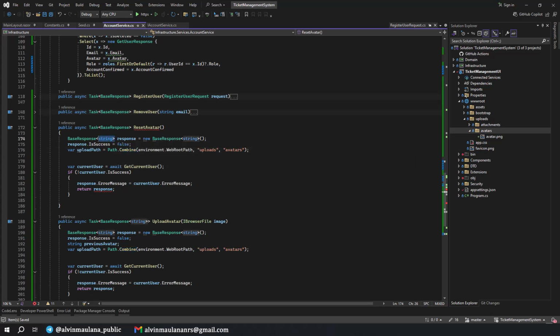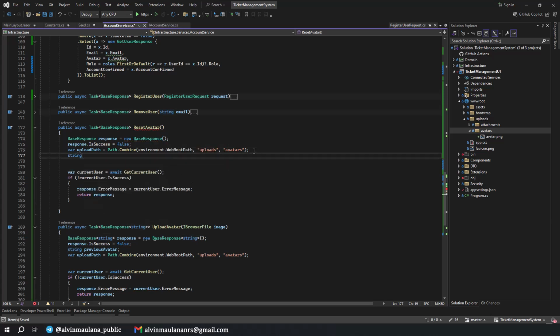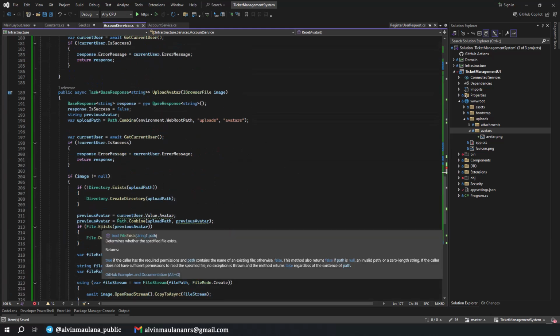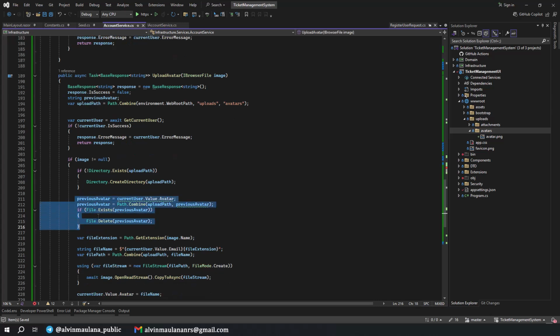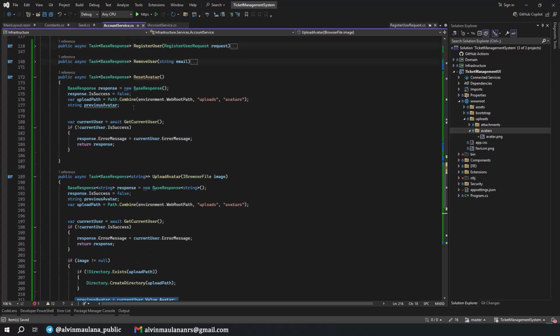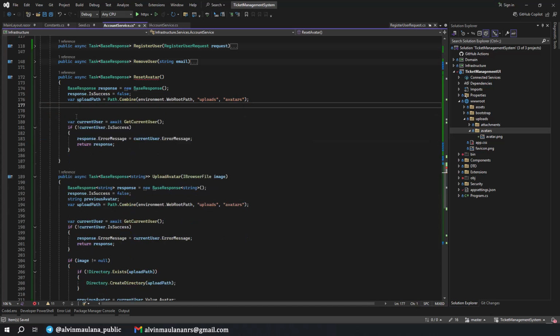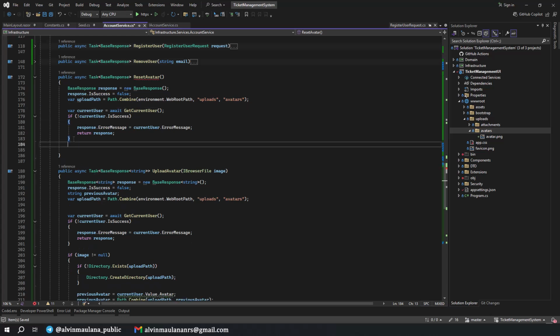This one also should not be string, just BaseResponse as default. Oh, we still have a string previous avatar. And then we also need to remove it.